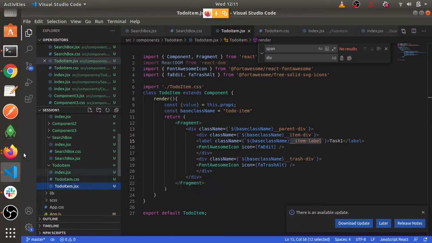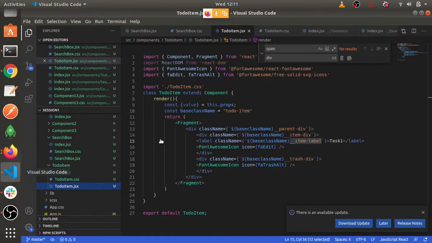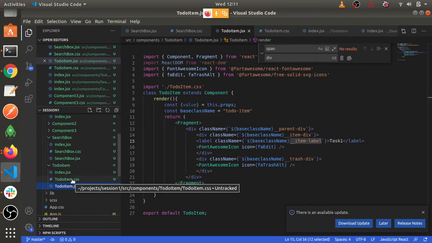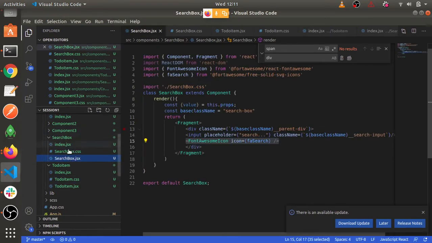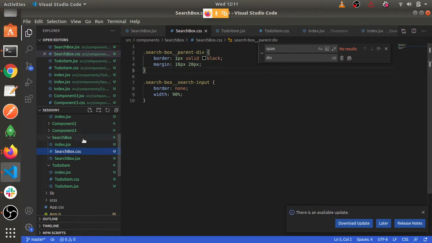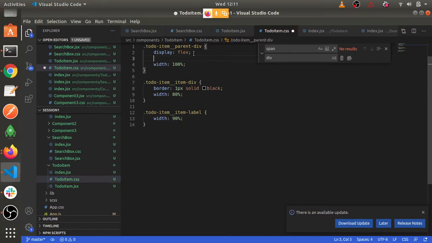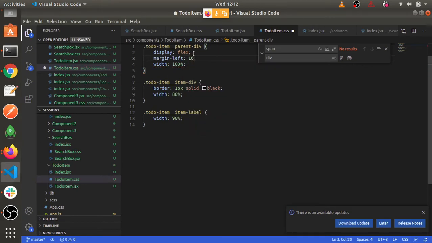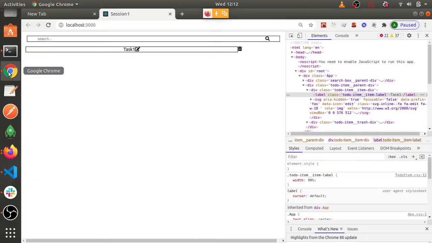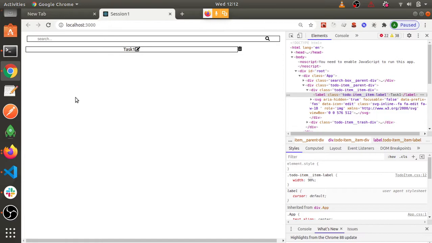Okay, next thing, that was margin. You can see margin is same as this, right? Left and right at least. So we'll give the same thing, at least the left side, which has to be same. So I'll give the parent the margin I had given. I think it was 16 left, right? So yes, I'll give it specifically the left only. Margin left was 16 pixel. Now if I go back to this, you can see these two are aligned. I had given some padding as well, that's why it is coming from here.